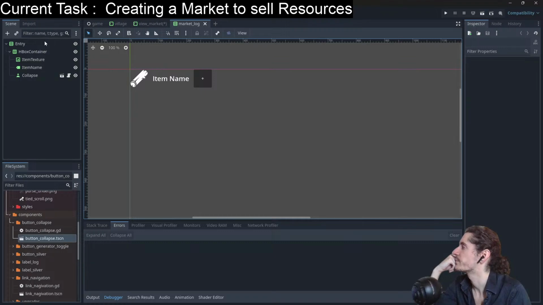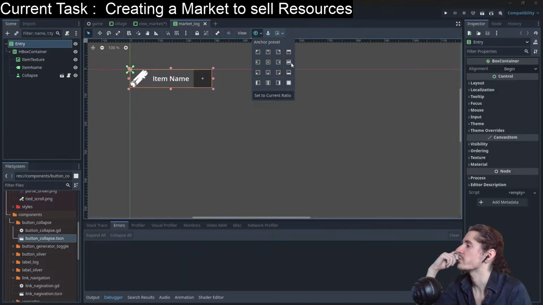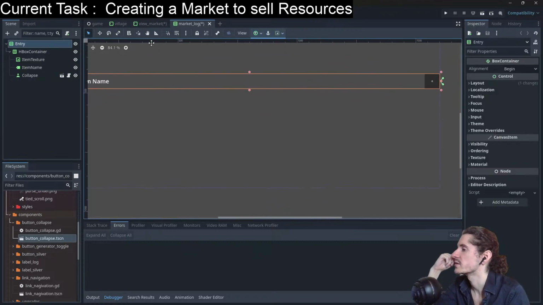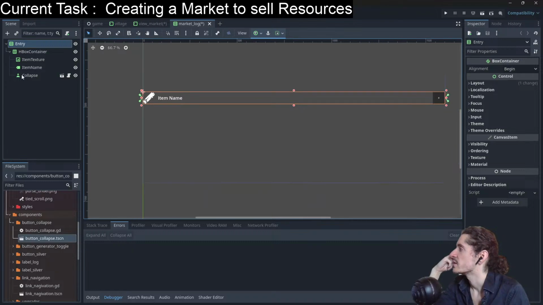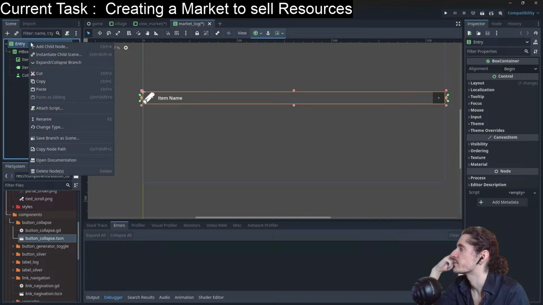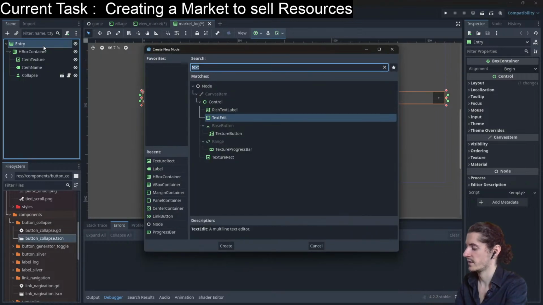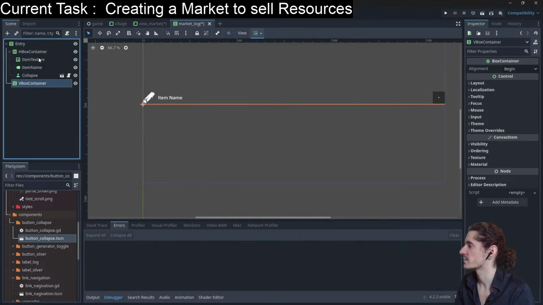Let's go in there. Entry will stretch horizontally. So we have the collapse button. So great. Then let's add a VBox, which will contain